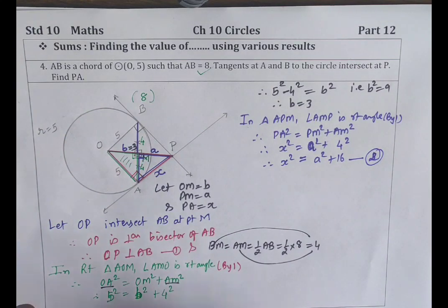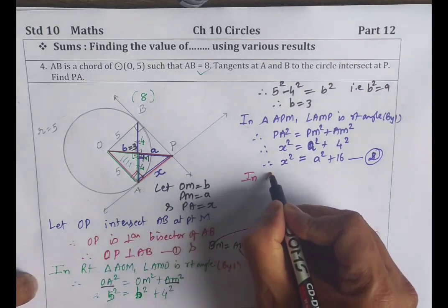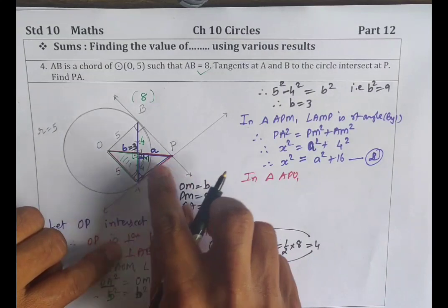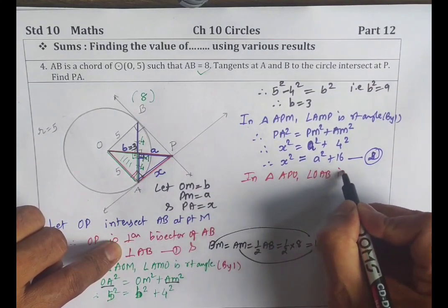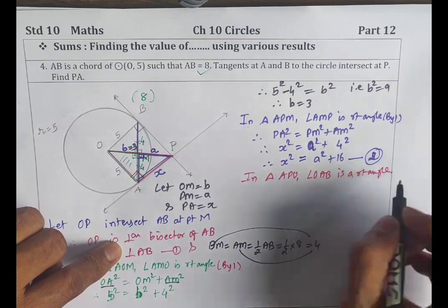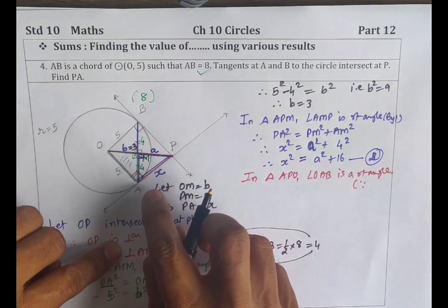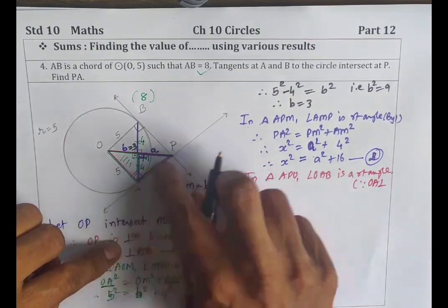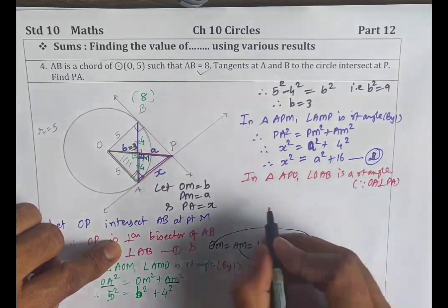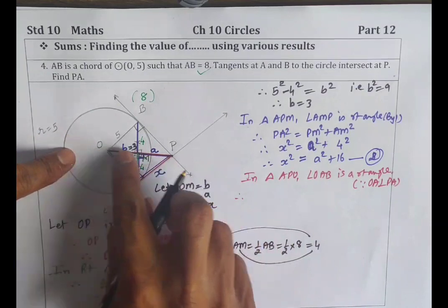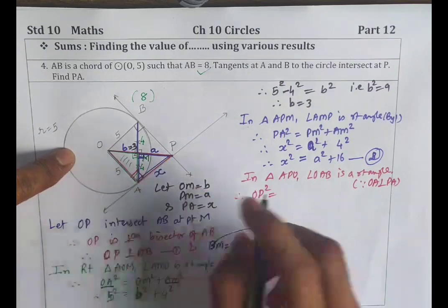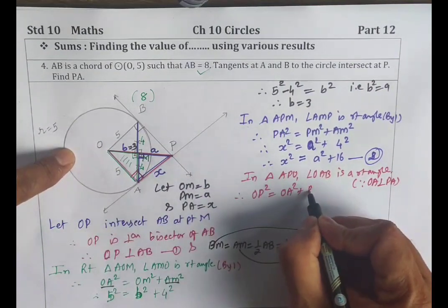So we move on to the last triangle, and that is the red triangle. Okay? In triangle APO, angle OAP is a right angle. And what is the reason for it to be right angle? Because OA, that is radius, is perpendicular to tangent PA. Alright? Therefore, use Pythagoras there. OP square. This is the right angle. In right triangle OP is the hypotenuse. So OP square is equal to OA square plus PA square.